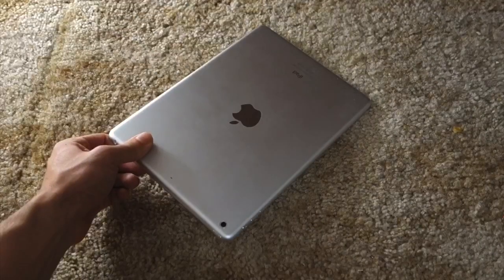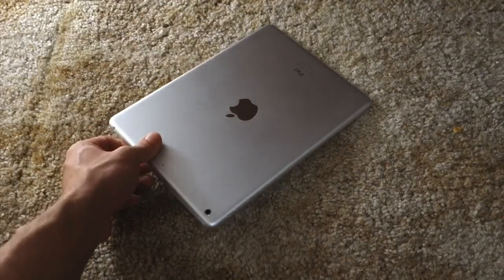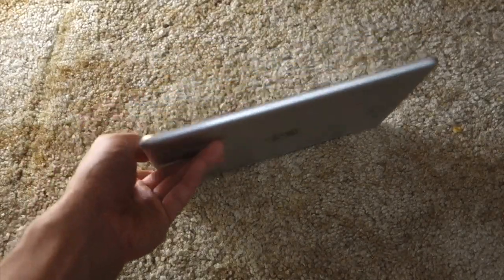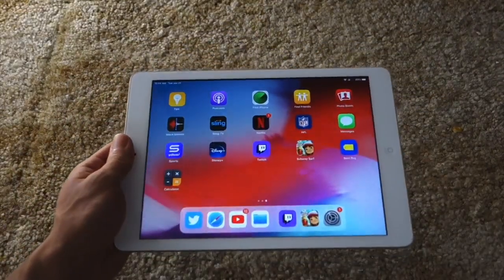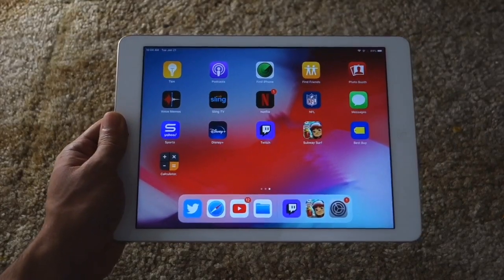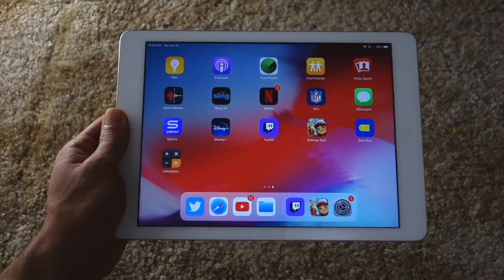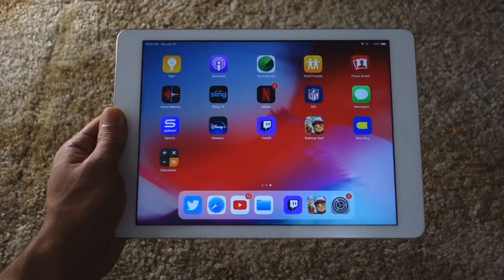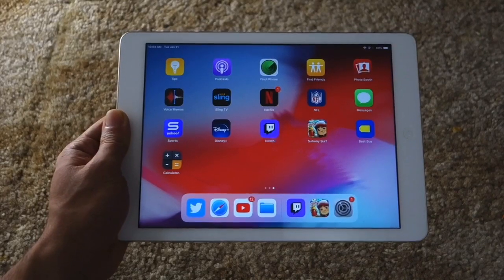I'm just going to be 100% honest with you guys. I've checked this multiple times, and yes, it pretty much looks like it came out of the box, to be honest. I guess I just got really lucky with this iPad Air 1. It looks like the person who used this iPad Air 1 really did a fantastic job of taking care of this iPad Air 1. But the biggest reason why I wouldn't buy this iPad Air 1 in 2020 is just